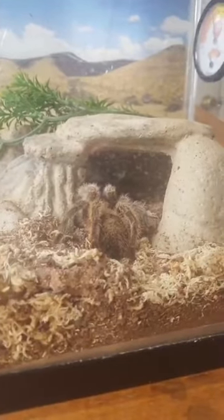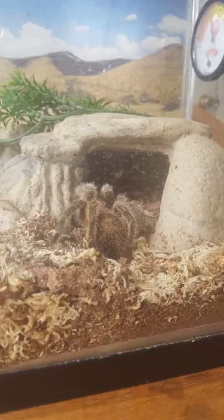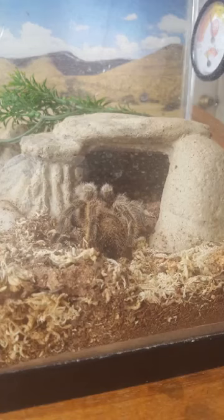Charlotte, everybody. She is a Chilean rose tarantula. This means that she comes from South America. She lives in the deserts and in arid regions of Chile, of Argentina, anywhere that there is a nice dry place for her. She is, of course, like all spiders, carnivorous, meaning she will eat essentially anything she